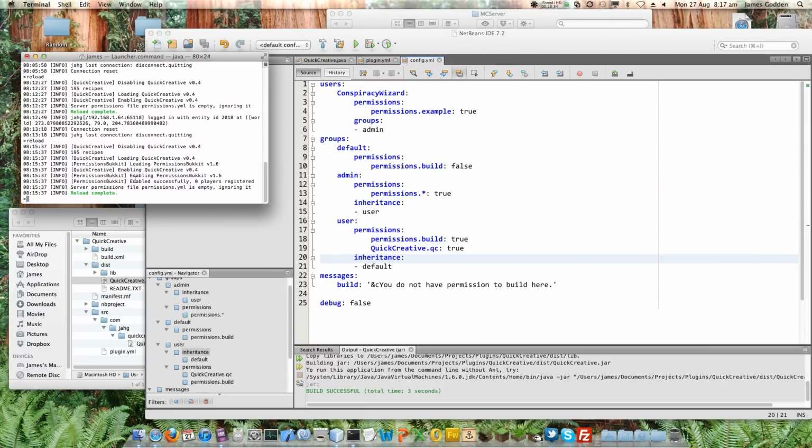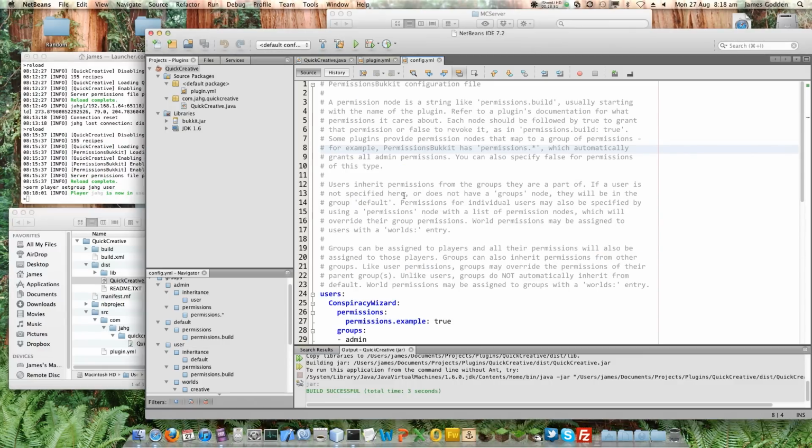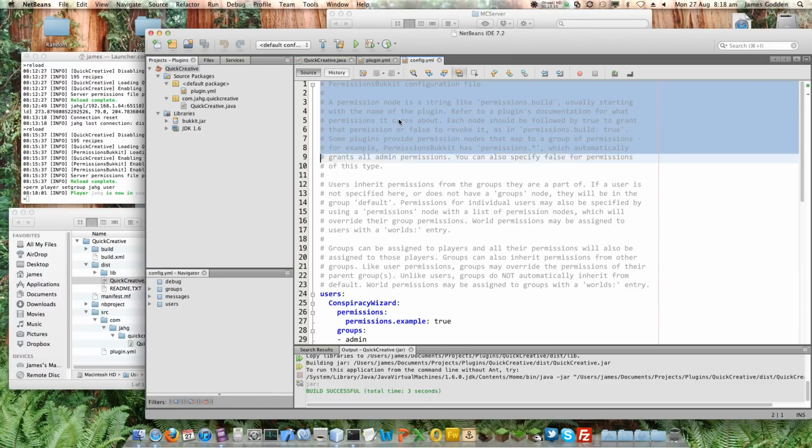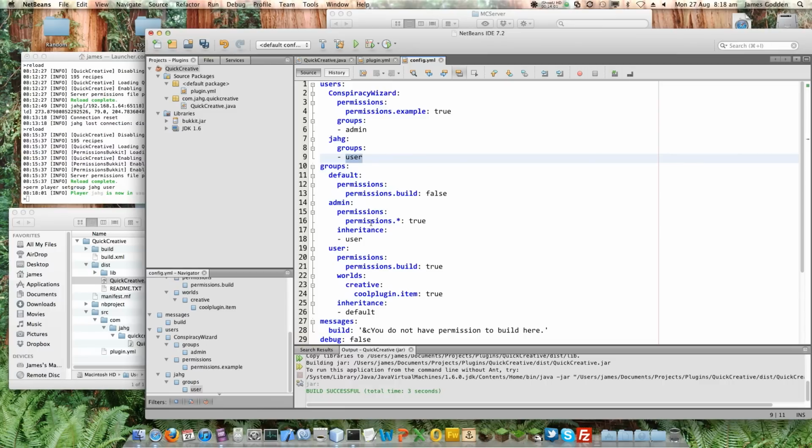Now I do need to actually add myself to the users group in order to test this. So, I mean, you can look at the web page for all of these commands, but it's quite easy to do. Perm player set group, and then the name of the person and the name of the group. And you can see that now player jahg is now in user. Darn it! And I had not reloaded my file, so it's written the default stuff. I'm going to have to delete that again. So let's do that, and there I am in user group. At least it wrote that correctly.